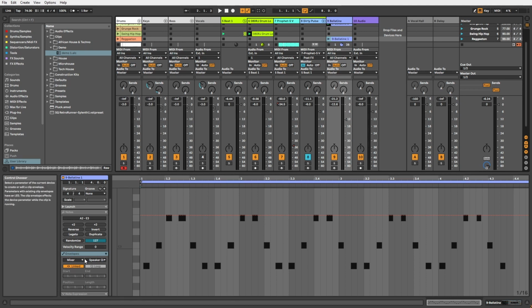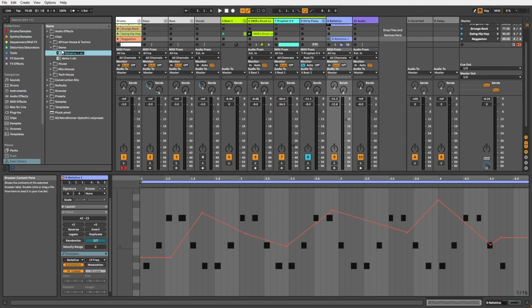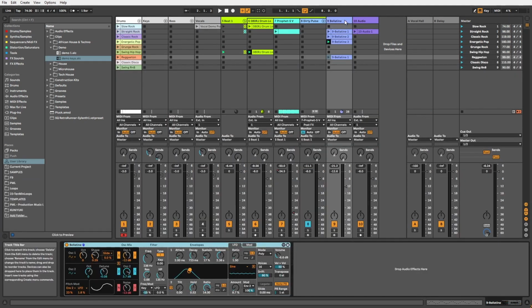If you remember correctly, I moved the low pass filter around here, and if I wanted to save it with all these settings, I can simply left click, drag into my user library and drop it, and then I can call it demo keys, and it's saved. And remember, over here I only have this instrument at the moment, so if I wanted to preview, I can just